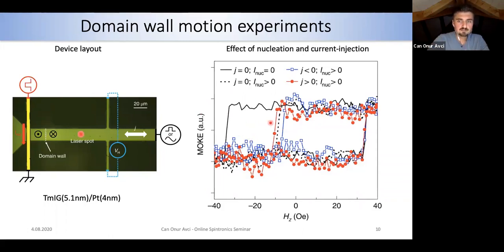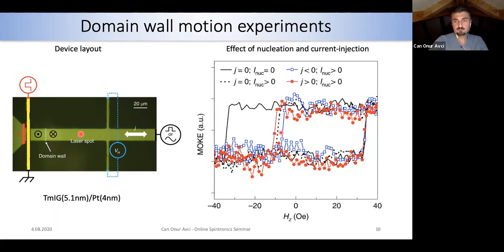In the next measurement, I start from a negative field and ramp up my field, and on the way back at around 0, I nucleate a domain here. Then I see that immediately the coercivity drops, which means that we already nucleated the domain by sending this nucleation pulse. So if we are probing here, the domain wall sweeps through underneath the laser spot at a much reduced field.